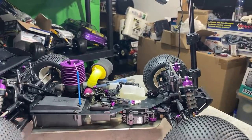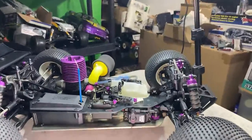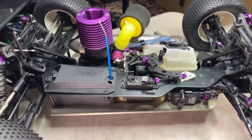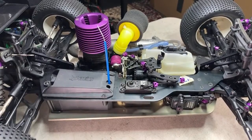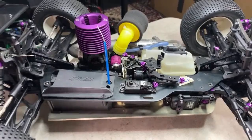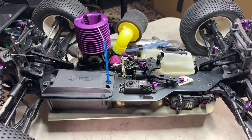A lot of this is trial and error. I don't claim to be an expert. Just a guy with a broken HPI. What do you think about that? That's true, actually. I'm a guy with a broken HPI. I mean, literally none of that is false. Yeah, maybe a little, but...